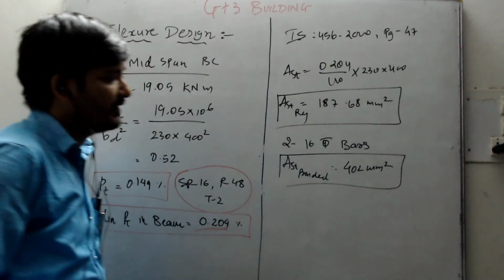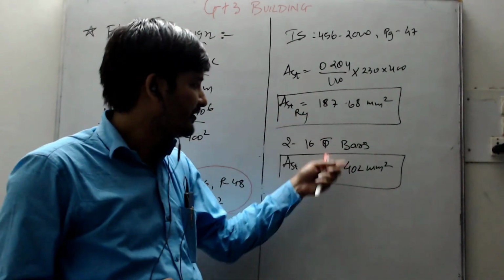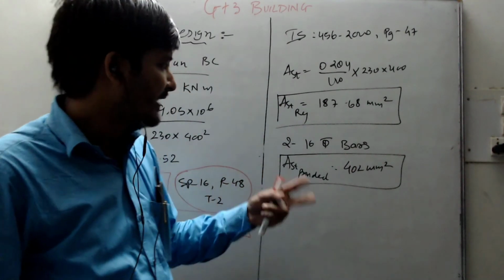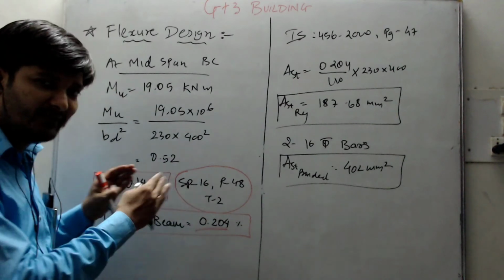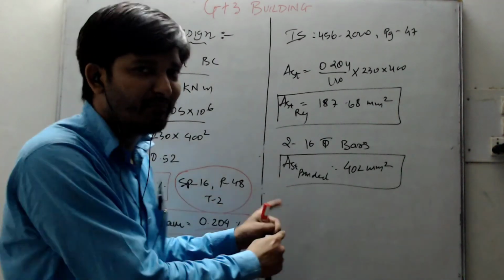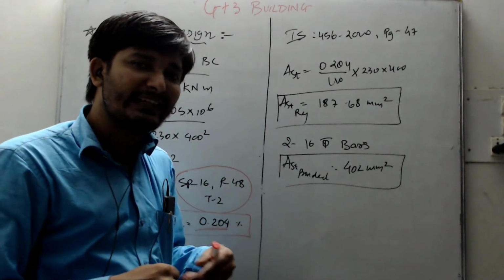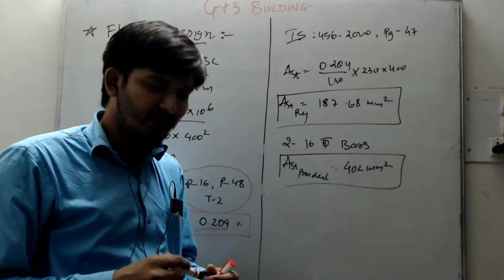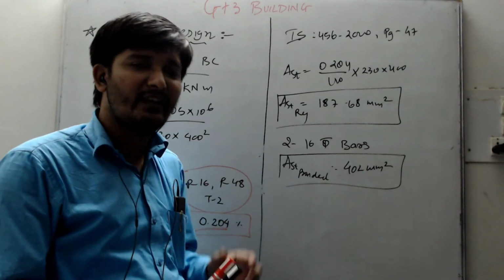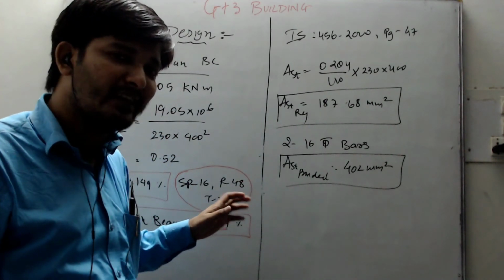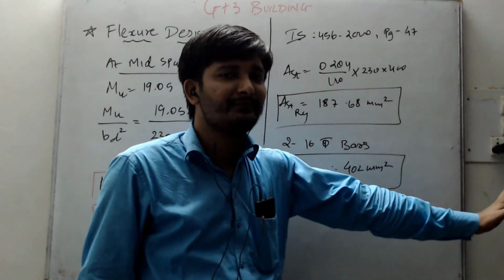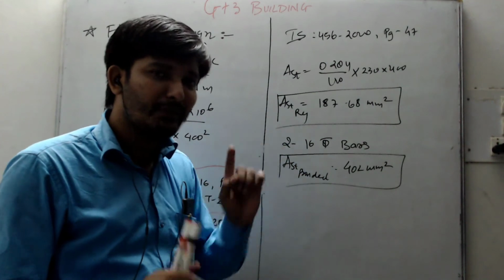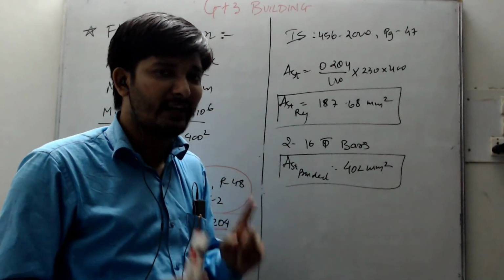Now you can say, sir, this is a much higher value, but we need to provide a minimum of 2 bars in the tension zone also. Second thing, in the previous beams, that is AB and CD, this is the middle beam, right? So we have selected 16 mm diameter bar. If we select 12 mm diameter bar, then there are chances of wastage on site, right? We try to select a diameter of bar such that it is uniform throughout, right? You can say, sir, we can provide 12 mm diameter bar here. For calculation purposes it is fine, but for the practical aspect it is not fine, it is wrong.